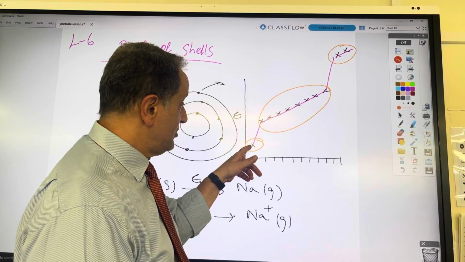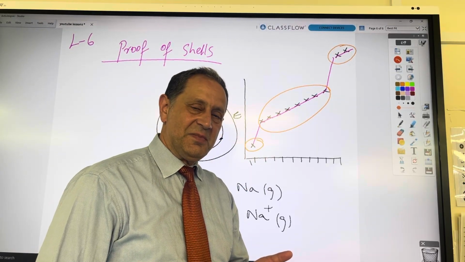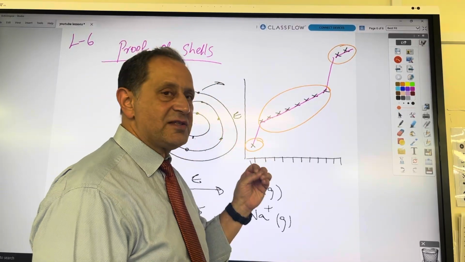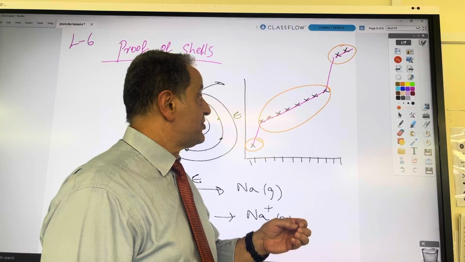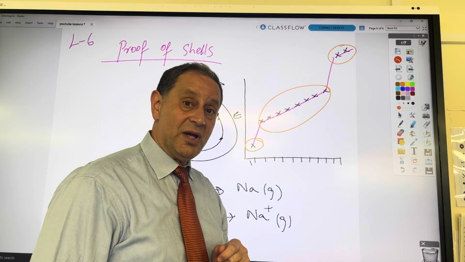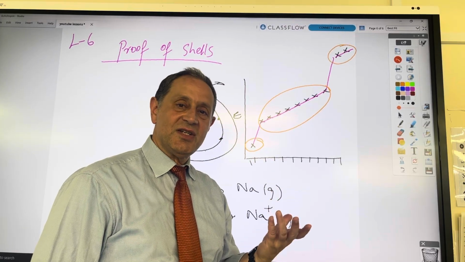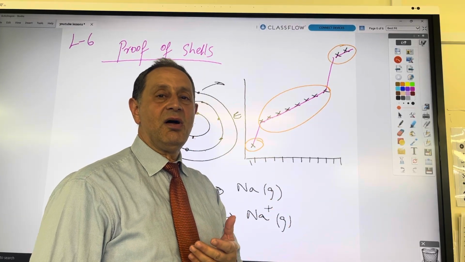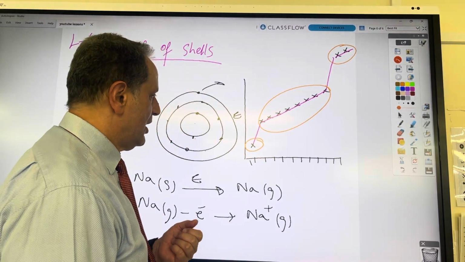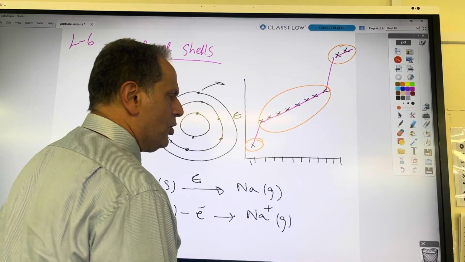And if you had 2 electrons here to get rid of, it would be magnesium, etc. Remember, the least amount of energy is spent getting rid of the electrons in the outermost shell, right? So this is how they prove that these shells actually exist and how many electrons there are in them, etc. Now, the other thing that you could be asked is: write the equation